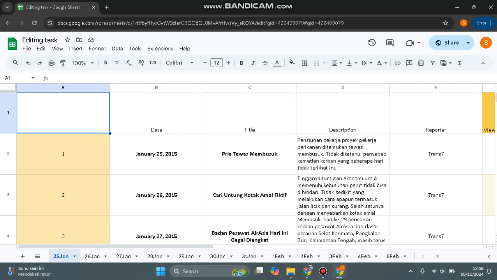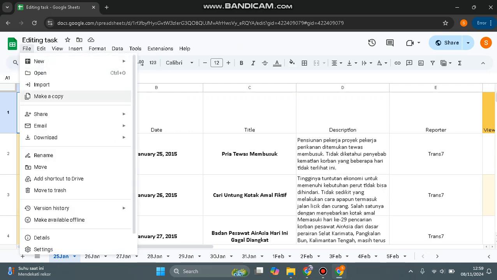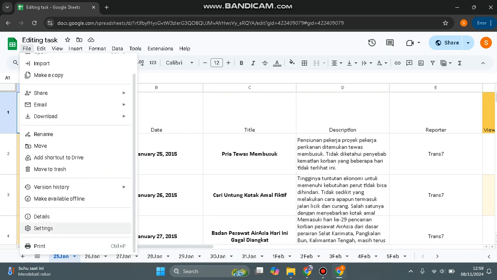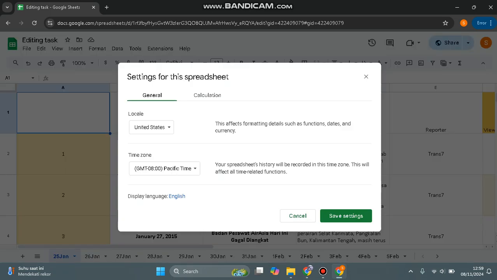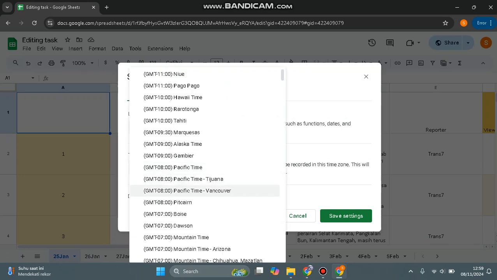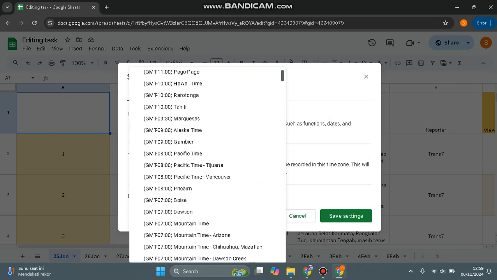time zone. You can just open any file on Google Sheets, and then you can go to File in here and find Settings. You can scroll down and tap on Settings in here, and you'll see under the General tab there will be this time zone. So if you want to change it, you can just click on this drop down and then choose the time zone that you want. For example, in here,